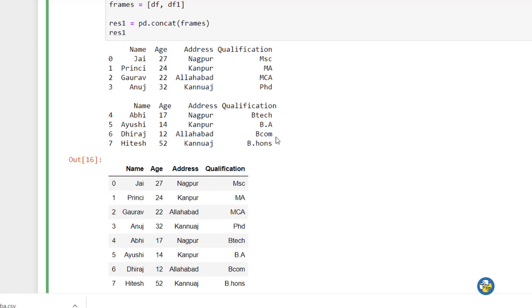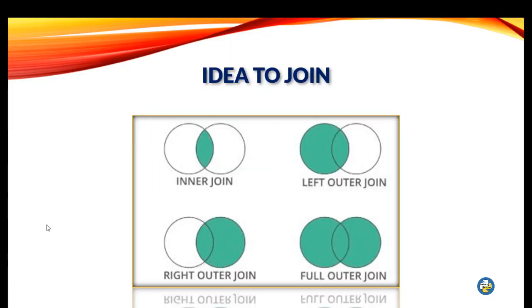But if we move something further, what happens is we need to merge as per some conditions. We do not need replicated data. We need data which is actually the intersection of those. The word which we use in Pandas is the join word. If somebody is not familiar with the join word,